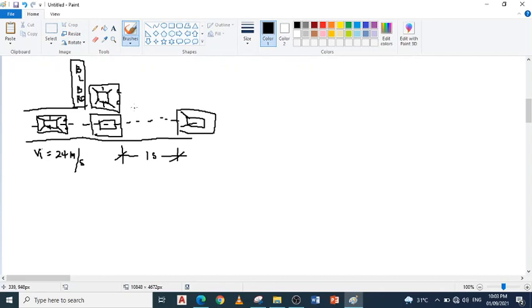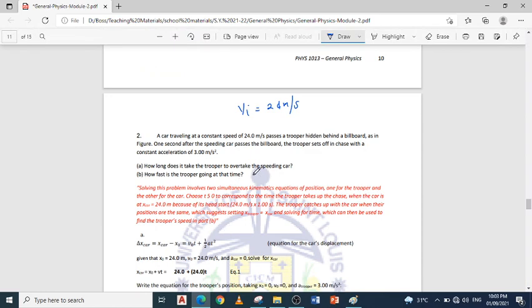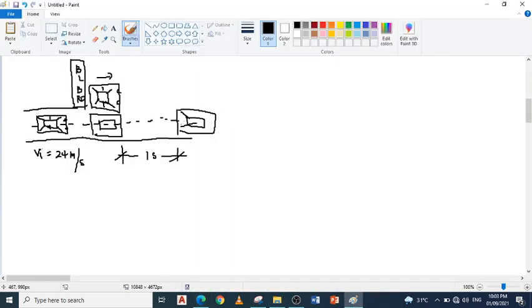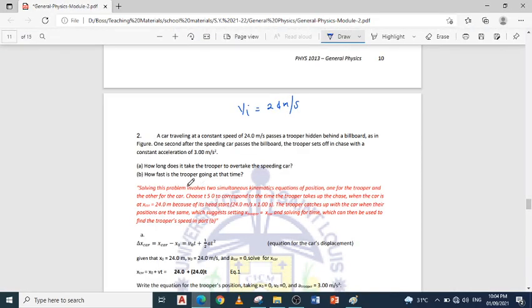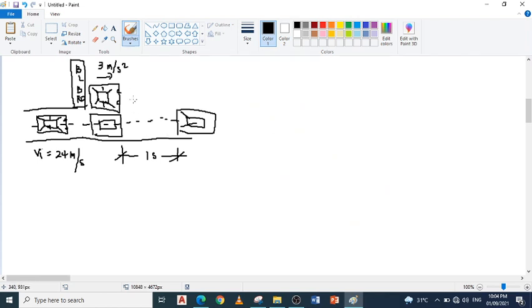So, di ba, after 1 second nandito, and then saka daw umalis si trooper na ang acceleration na daw ay 3 meter per second square. 3 meter per second square after 1 second. Okay? So, the question is, how long does it take the trooper to overtake the speeding car? Okay? So, ngayon, since hahabulin niya daw to, okay? since hahabulin niya daw to,